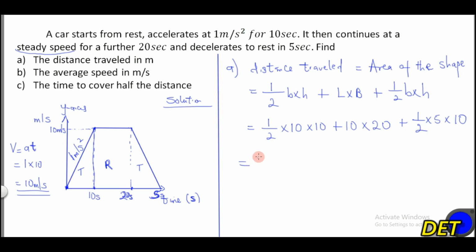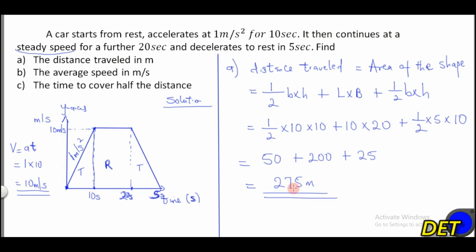So this will be equal to 1 all over 2 times 10, which will give us 5. 5 times 10 will give us 50. So that will be 50 plus 10 times 20 will give us 200, plus 1 all over 2 times 5 times 5 will give us 25. So this will be equal to 50 plus 200 plus 25, which will give us 275. So the total distance that is traveled is